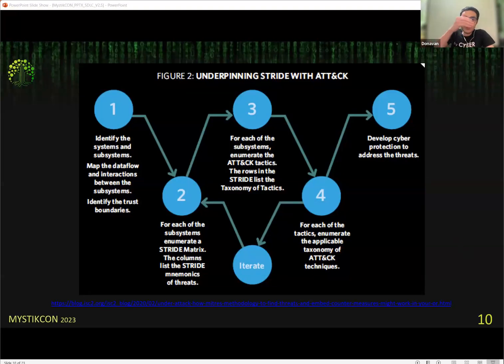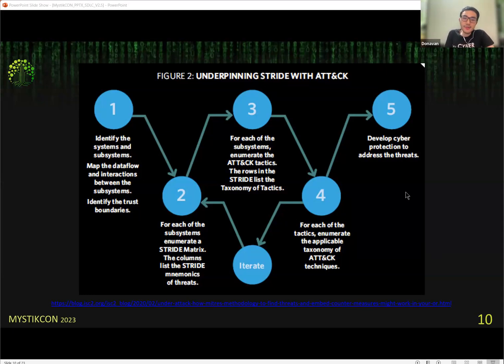Then you can use the Threat Modeling Tool to perform many of the important steps in step one, which is to identify your systems and subsystems, map the data flow and the interactions, and most importantly, identify the trust boundaries. What is trusted, what's less trusted. In some environments, you have very different degrees of trust. For example, having come from a defense background previously, I can tell you that there are different levels of trust, and they are very mindful of these because different people would have different levels of security clearance as defined in their mandatory access control model.